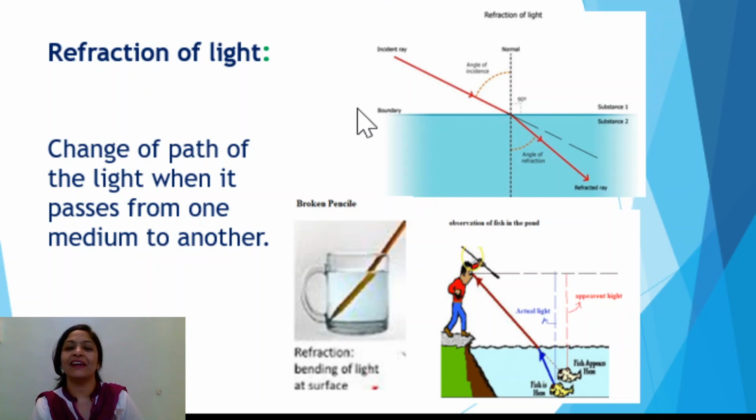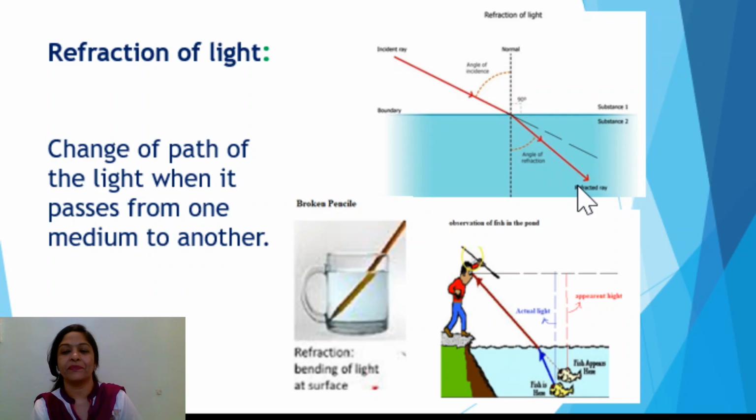So in this diagram you can see easily, this is the incident ray, this is the normal. These are two media, one is rarer, another is denser. When light is passing here, it should go straight as its rectilinear propagation, but instead of going straight, it changes